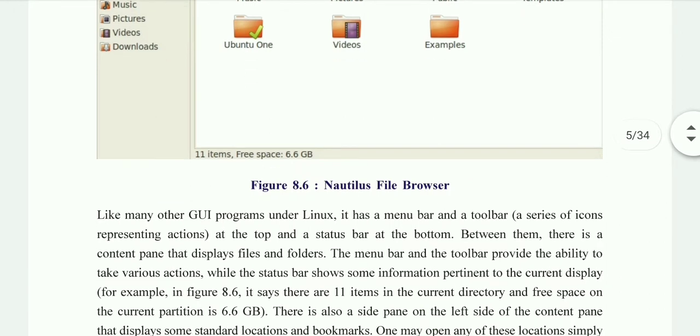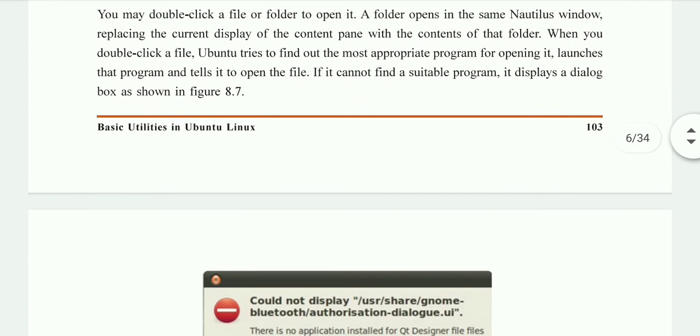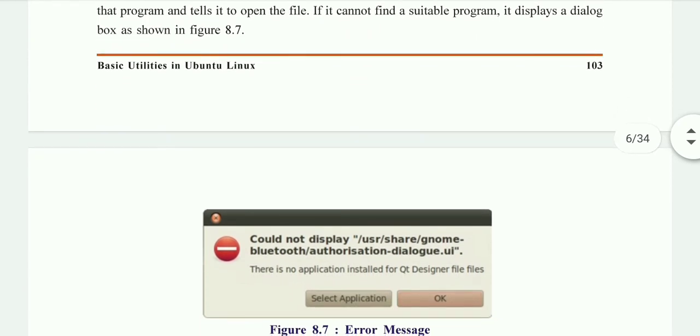When you open any folder or file, it will find the suitable program for it. Suppose you are opening a notepad file, then the notepad file will open by default in which program? Notepad only. If you are opening a file with the .doc extension, then that file will open in the Word program only. Same here in Ubuntu, if you try to open any program or file, it will first find the suitable program that supports that file. If the suitable program is not installed in your system, then it will display the error dialog box.